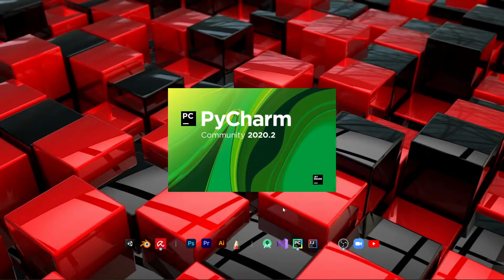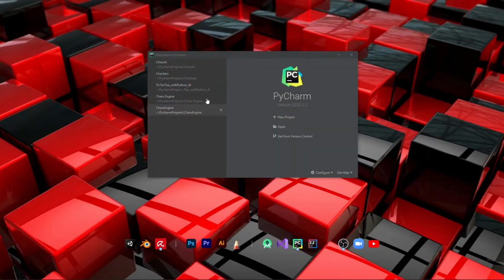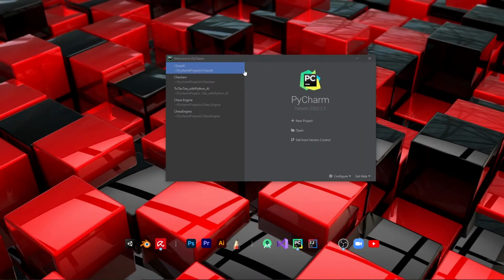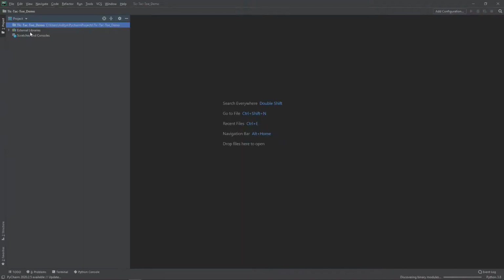And now our PyCharm is opening, and it's opening a project that I have already made. So let's close the project, and here we are inside the PyCharm window. So let's click on new project. It's creating a new project. Let's name this project Tic-Tac-Toe Demo. Now this project is being created,